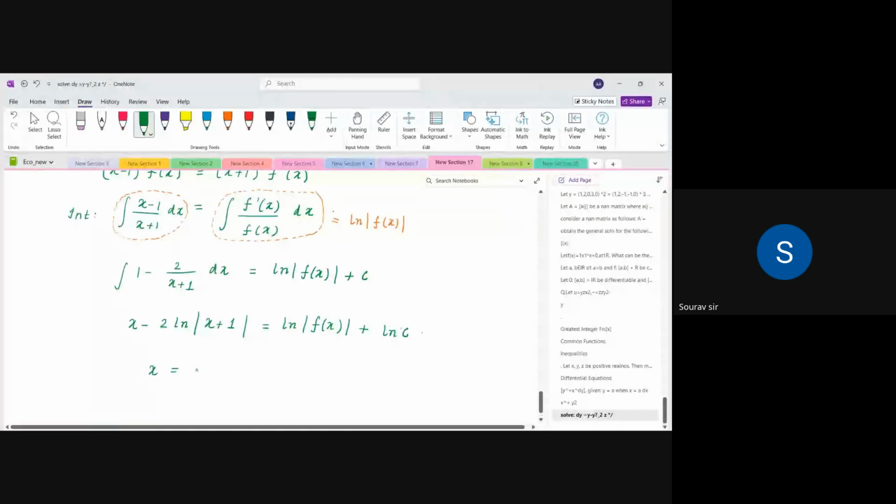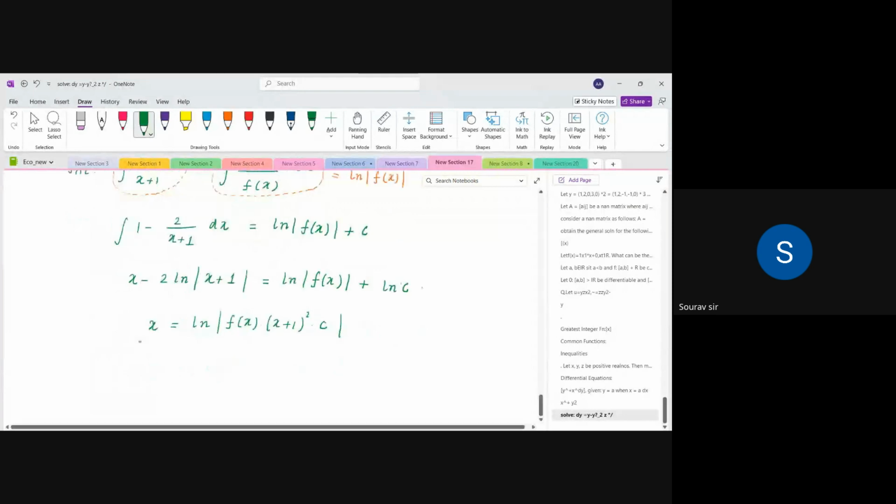So your x will be log mod f(x) into (x plus 1) whole square times c. So e to the power x is equal to f(x) into (x plus 1) whole square into c. So your f(x) is